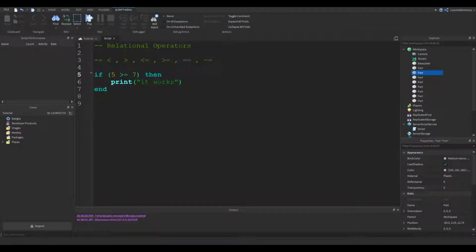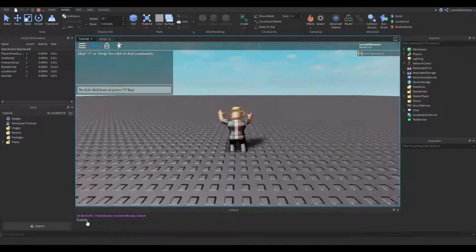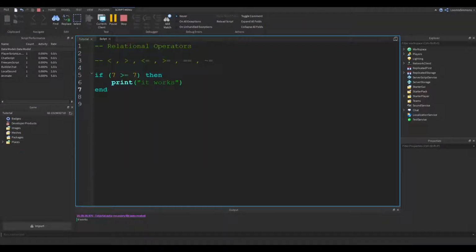So we could also say, if 7 is greater than or equal to 7, right? What do you think is going to happen now if we print is 7 greater than or equal to 7? Let's find out. Let's hit play. It works, right? Because whenever you hear the word or, you want to think in a sense of if one